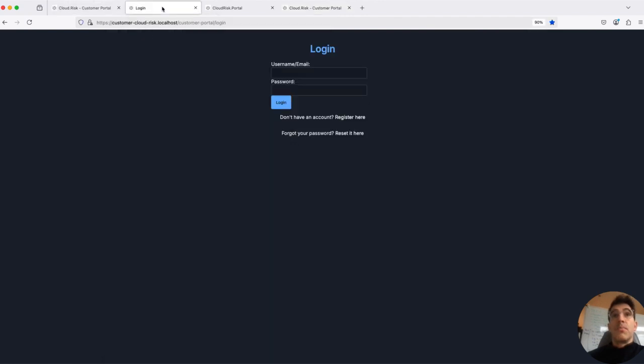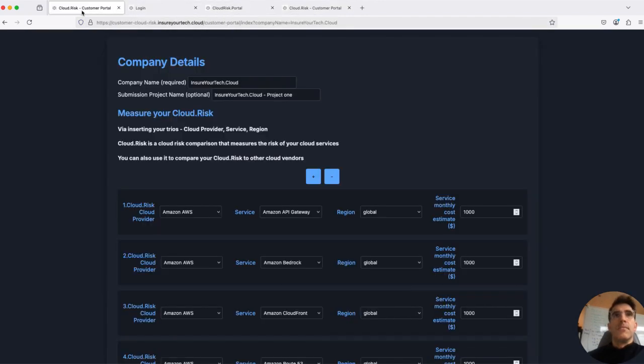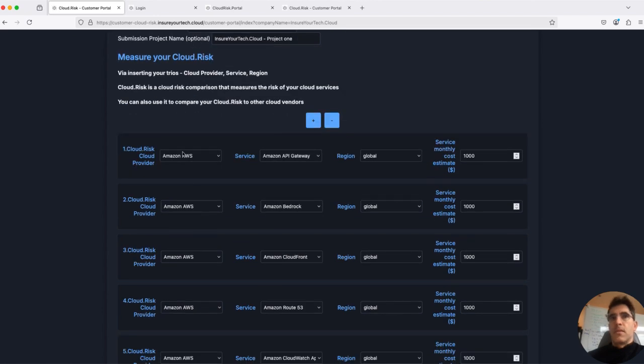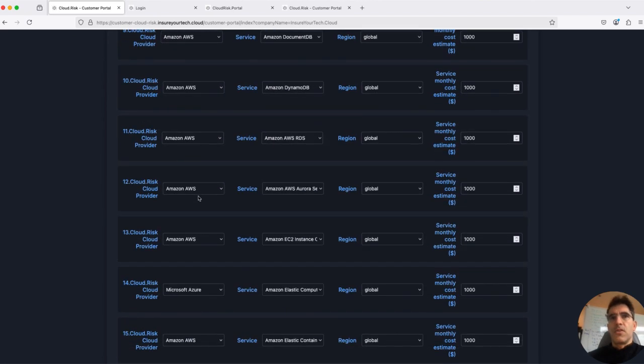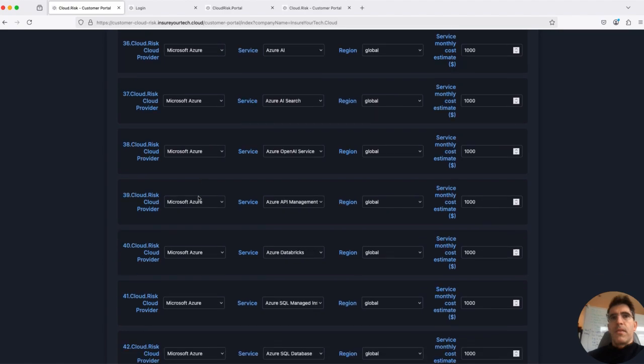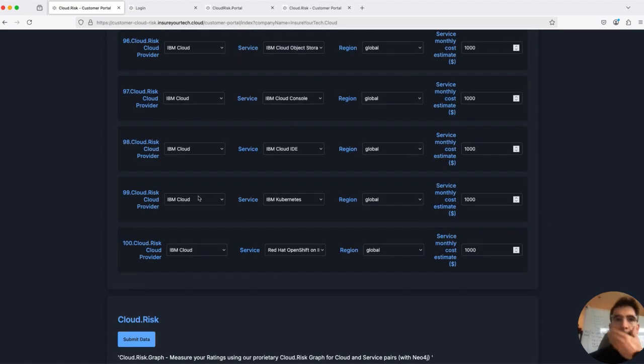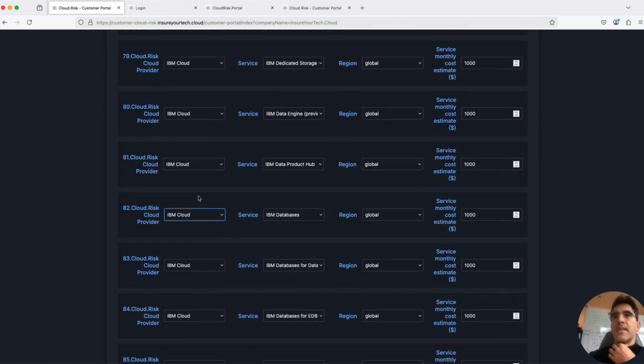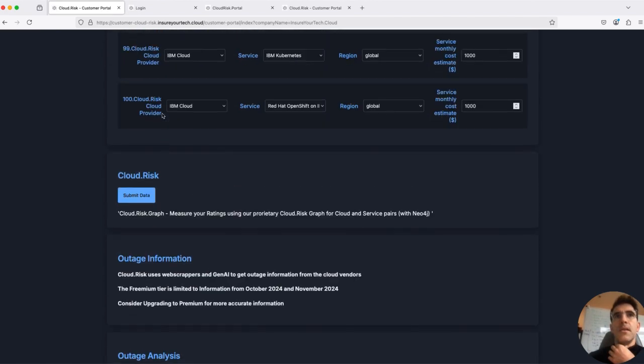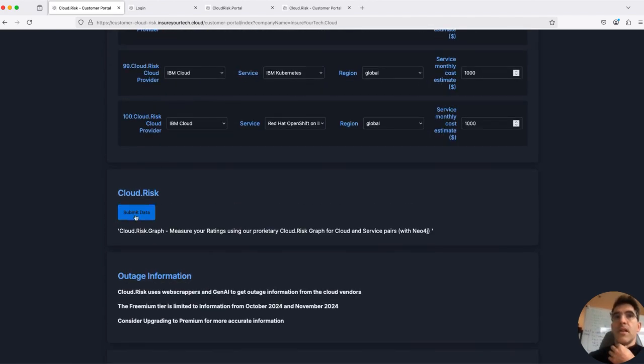I did here a small planning of 100 technologies. It takes some time, but you obtain a series of 30 technologies on AWS, compared with 30 technologies on Azure, and then 30-something technologies on IBM Cloud. And then when you click submit, the submit button here in Cloud Risk,